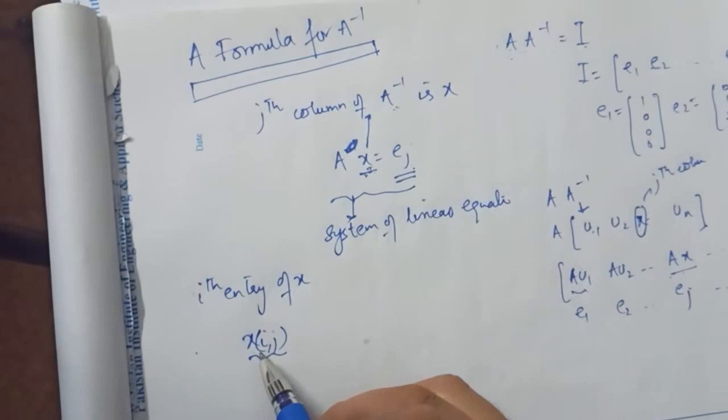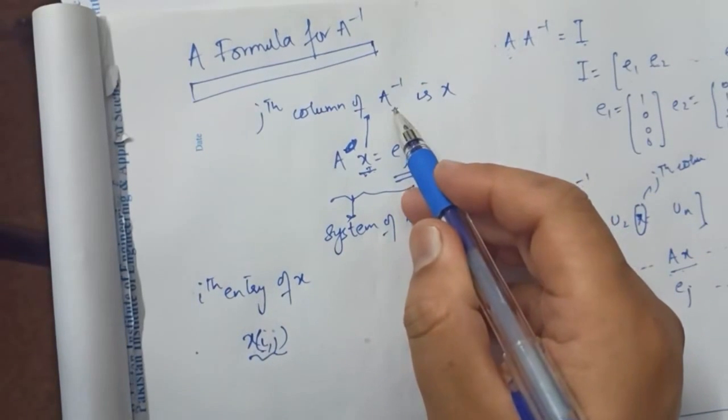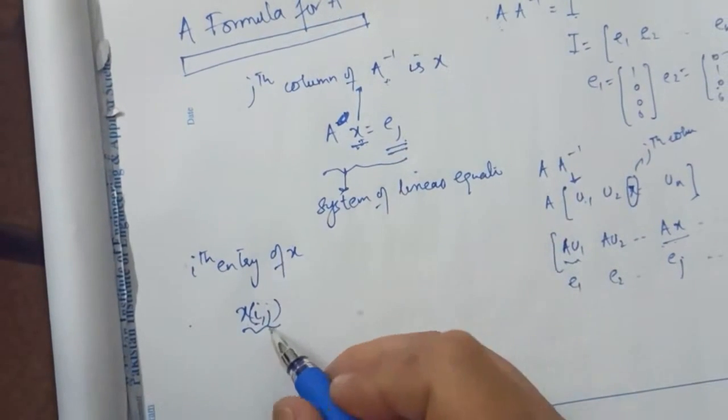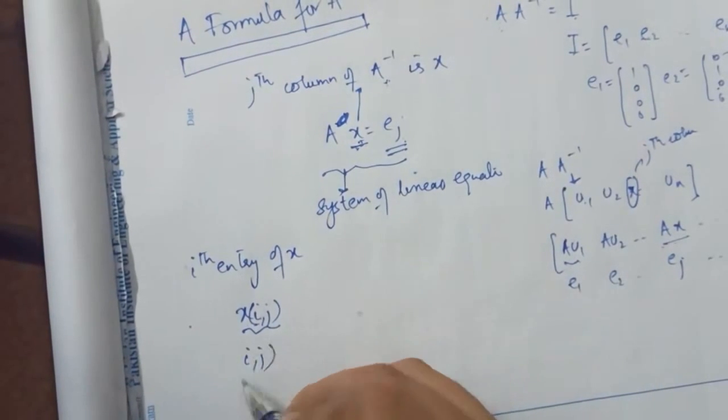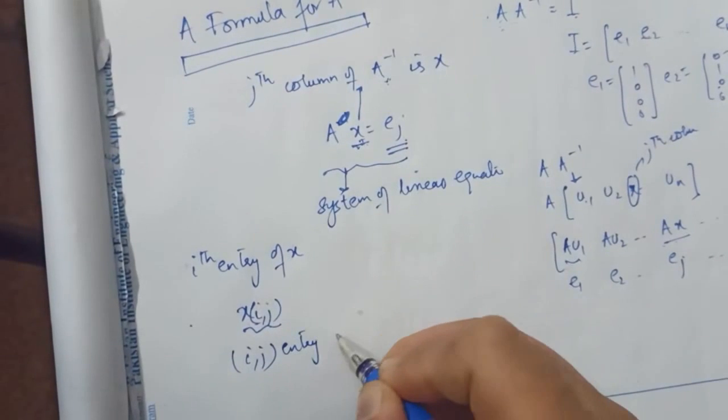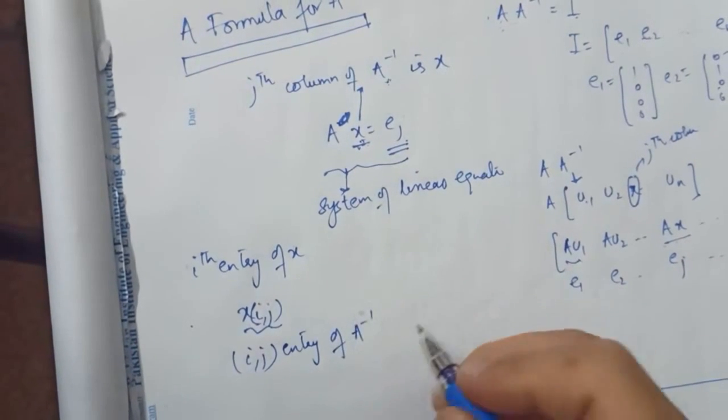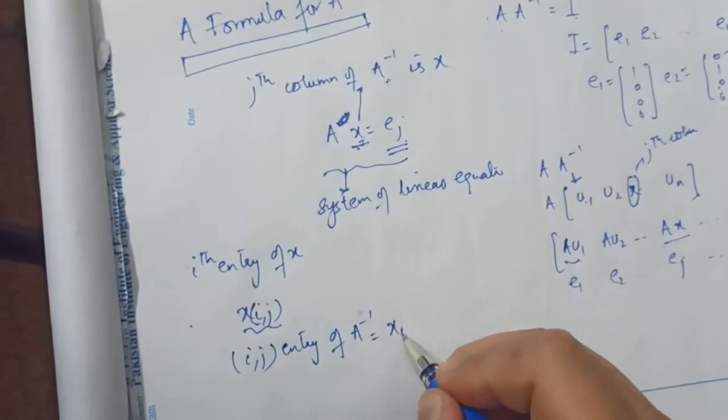So x_ij means the ith element, or ith row you can actually say, of the jth column of A inverse, right? So you can say x_ij, or in general say the ij entry of A inverse is actually equals to x_i